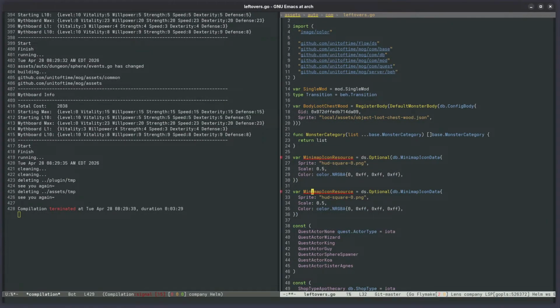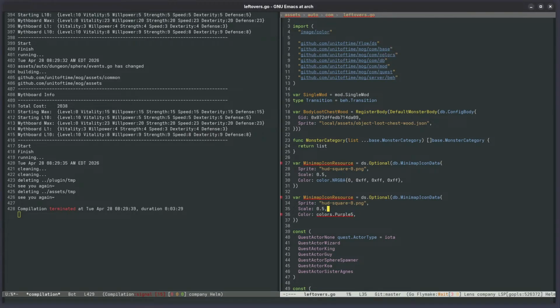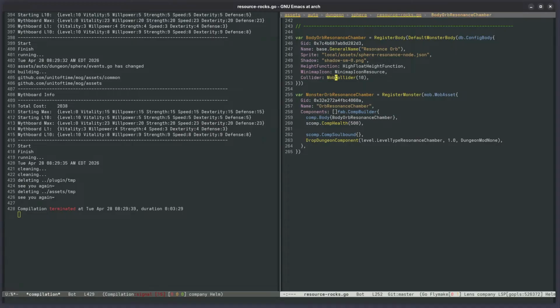We'll do, it's like a teal color. We'll do colors dot, purple 5, maybe. Oh, U8, purple 5. So it'll be a purple square then on the mini map. And then